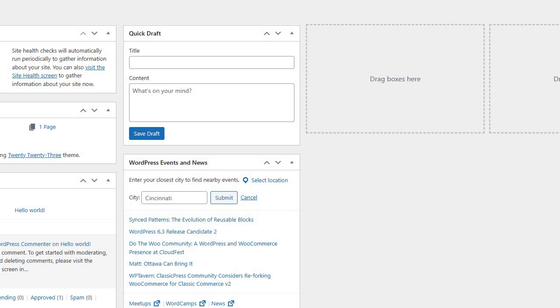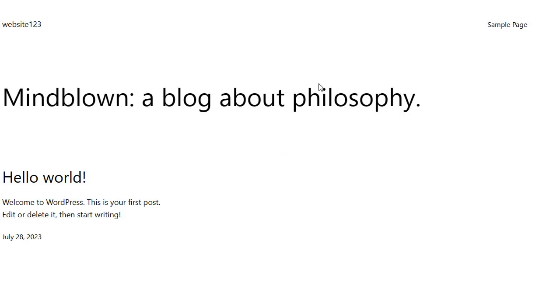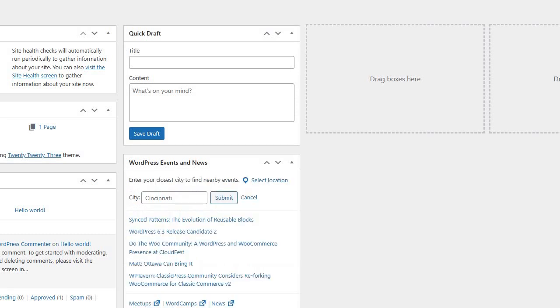And here you can see you can visit your website. So this is the basic page of your website. If you go to the dashboard, you can see different folders